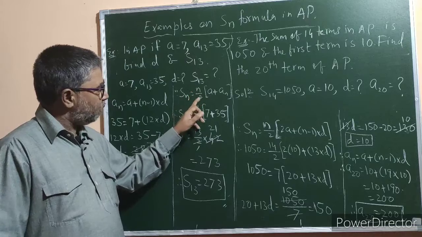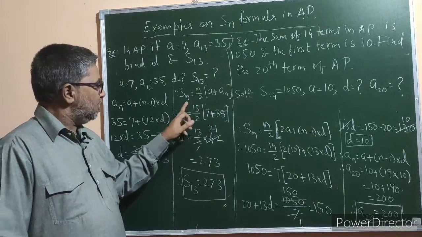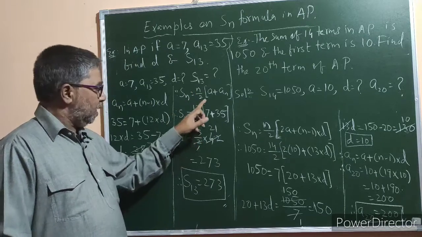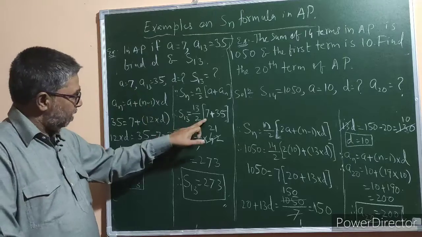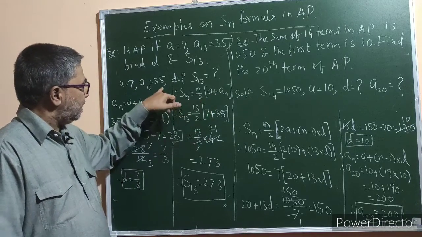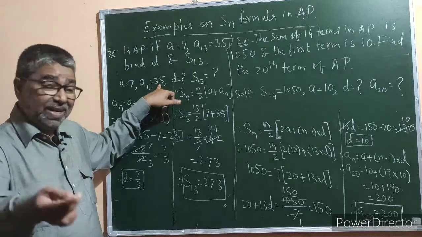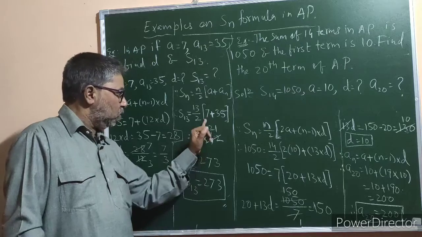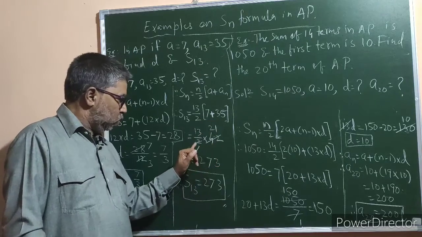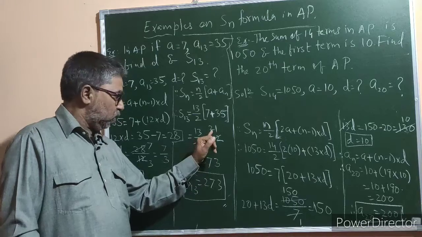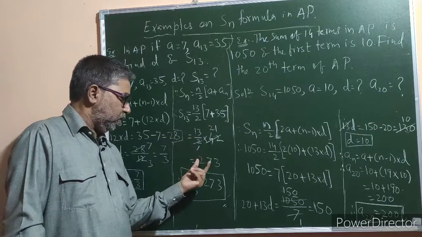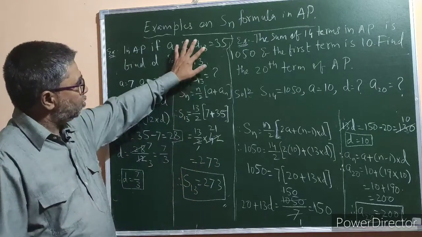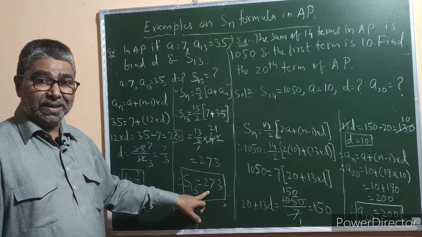The formula is Sn is equal to n upon 2 into bracket a plus an. Therefore S13 is equal to n, which is 13, upon 2 into bracket the value of a, that is the first term, 7, plus the value of an, that is the last term, or you may say the 13th term, 35. Next step, 13 upon 2 as it is into 7 plus 35, which is 42. 2 twenty-ones are 42, so the product of 13 and 21 will be 273. Hence the sum of 13 terms in this example is 273.